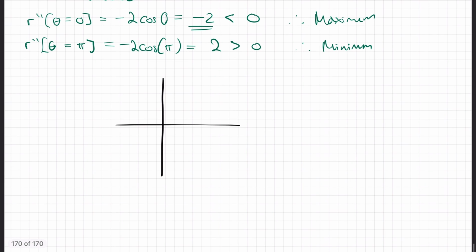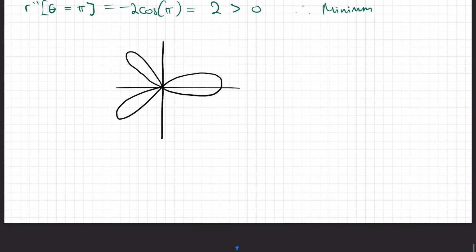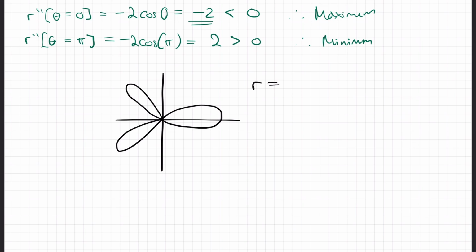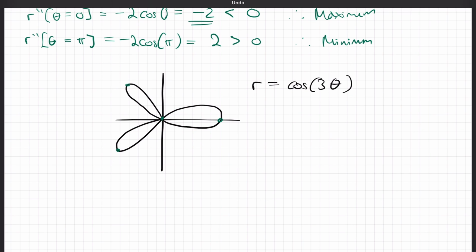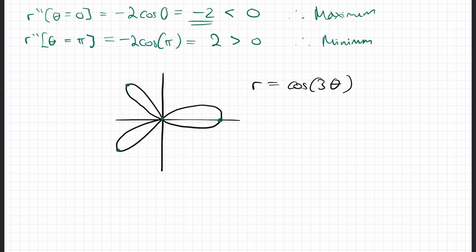I'm going to show you guys one more graph, and this one is much clearer to see these stationary points. It's the graph of cos of 3 theta, which looks something like this, if I can draw it right. Yeah, so it looks something like this. This is r equals cos of 3 theta. And you can see we actually have 3 stationary points here. But what you'll notice is there's actually 3 more stationary points coming in like this, because r is progressively getting smaller and smaller until it reaches the origin, at which point r is 0. So there's actually going to be 6 stationary points, but 3 of them are going to be at the origin,